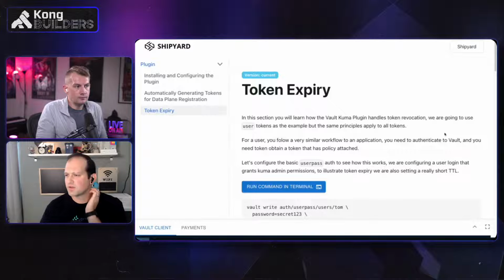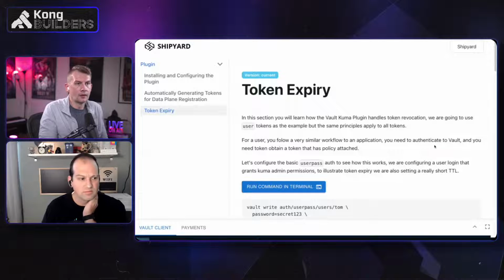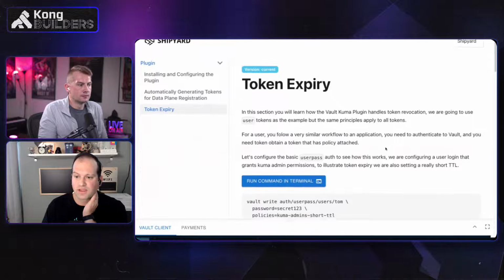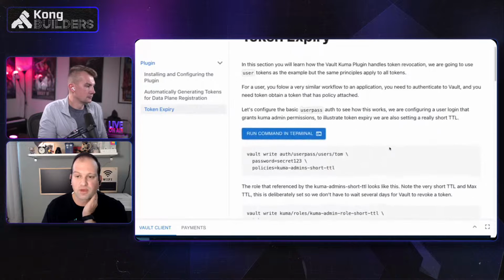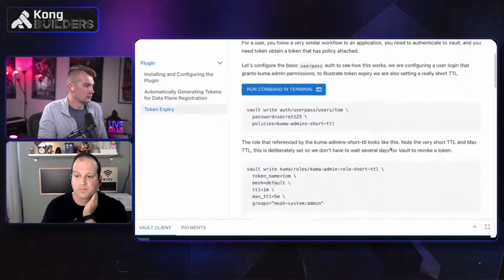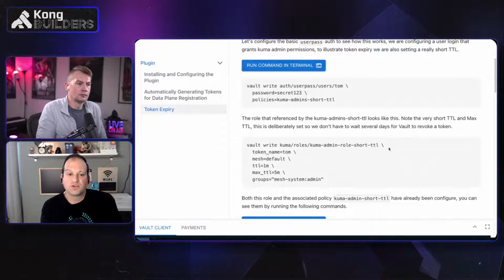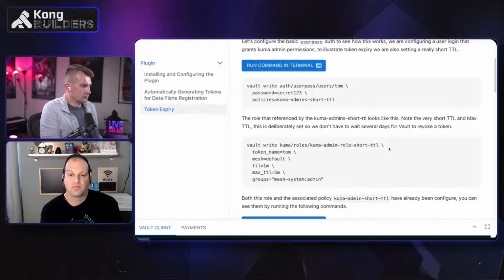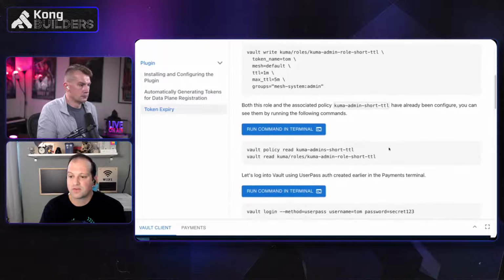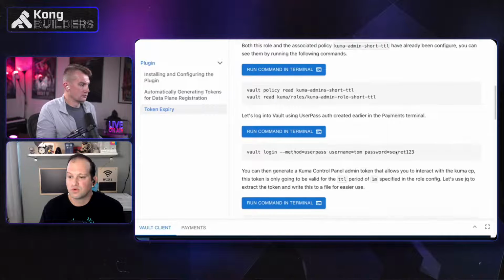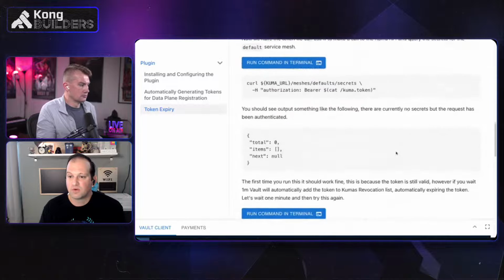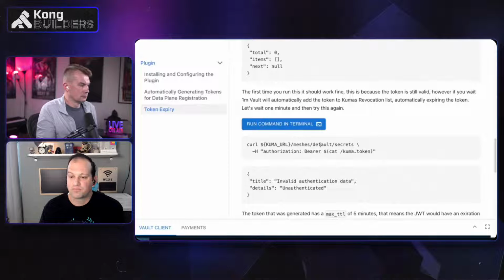And then I think we have 10 more minutes left if we wanted to do questions. But the last piece of this was just talking about expiry. The tokens expire. And so what we added into this plugin was a little bit extra, which is that right now Kuma handles token expiration, and you can revoke access by posting the JTI to a secret.